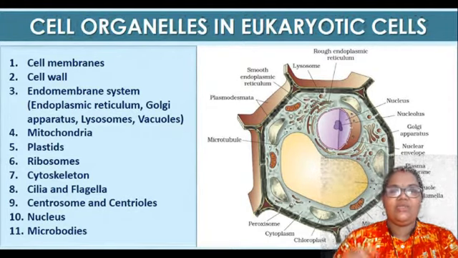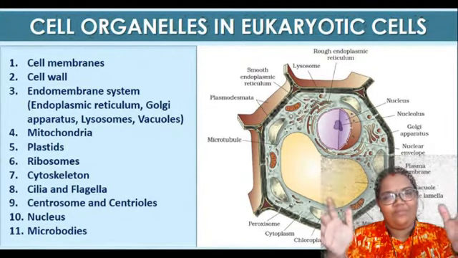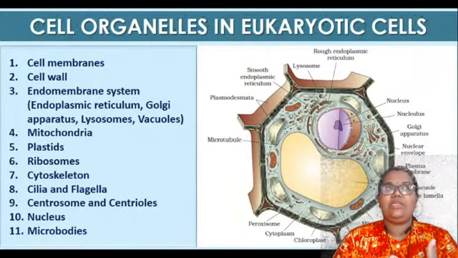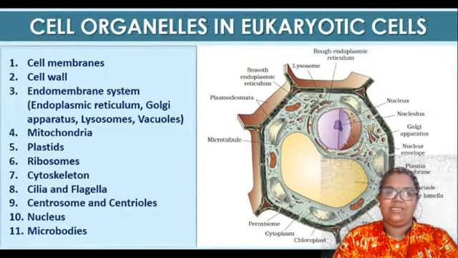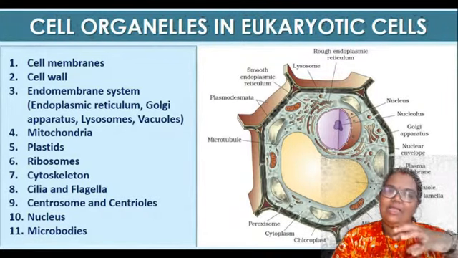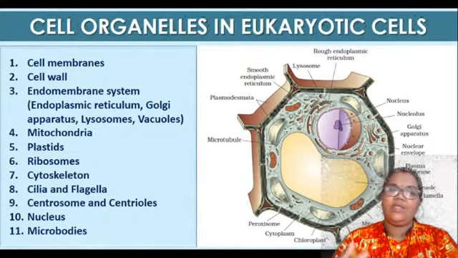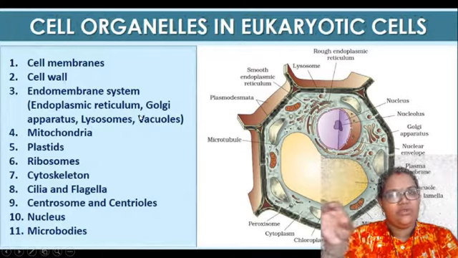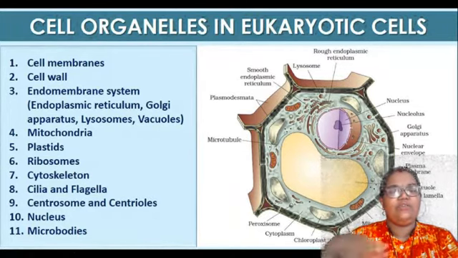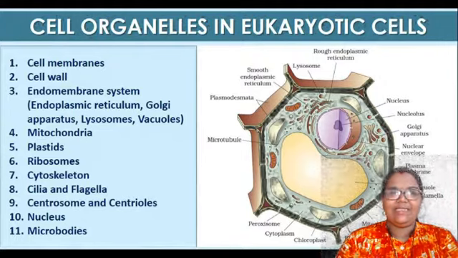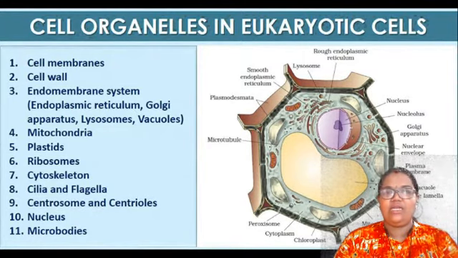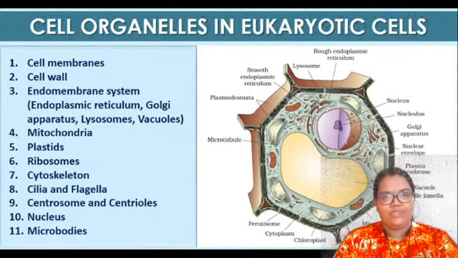And there is an endomembrane system. The endomembrane system consists of those cell organelles whose functions are connected, that means related to each other. They are all included in the endomembrane system. Here you can see the endoplasmic reticulum, Golgi apparatus, lysosome, and vacuole. These are all interconnected, and their functions are also interconnected. That's why we take them as the endomembrane system, right? All the others, like mitochondria and plastids, have an individual working system. They are not interconnected with this, so we are not including them.